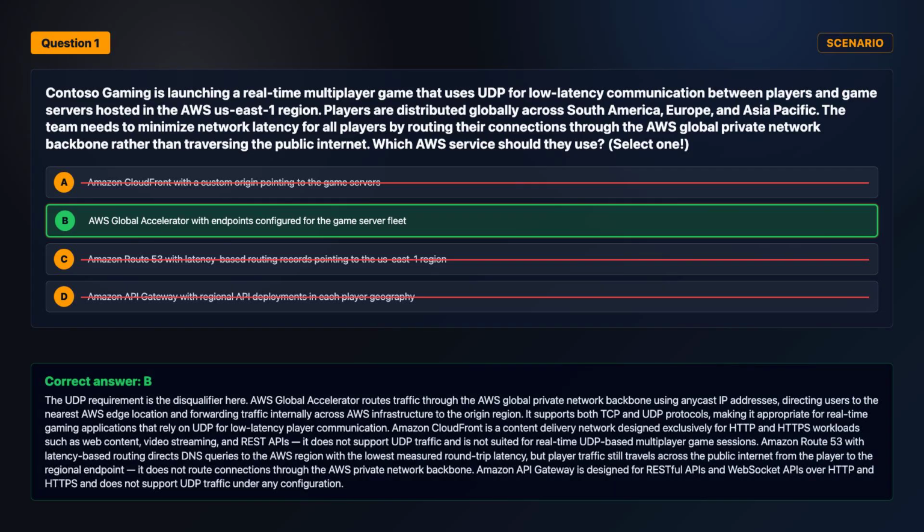The correct answer is option B. The UDP requirement is the disqualifier here. AWS Global Accelerator routes traffic through the AWS Global Private Network backbone, using anycast IP addresses, directing users to the nearest AWS edge location, and forwarding traffic internally across AWS infrastructure to the origin region. It supports both TCP and UDP protocols, making it appropriate for real-time gaming applications that rely on UDP for low-latency